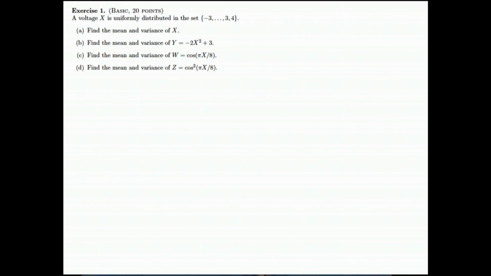Now x is uniformly distributed in a set from -3 to 4. Part 8. Find the mean of x and the variance of x. The expectation of x, the basic definition is the summation of all possible outcomes times their weightings,